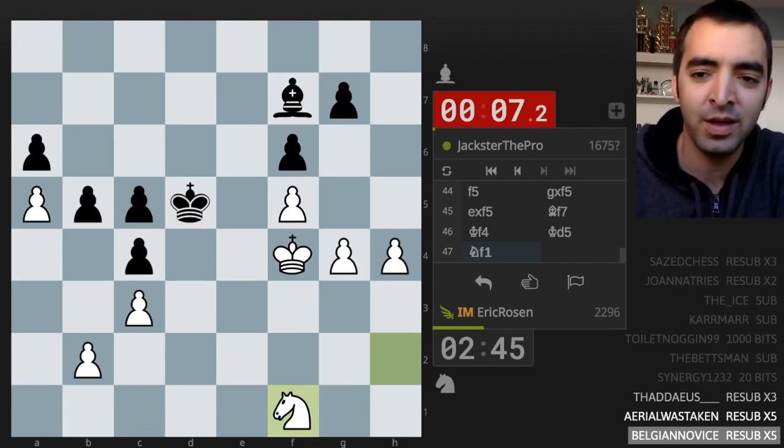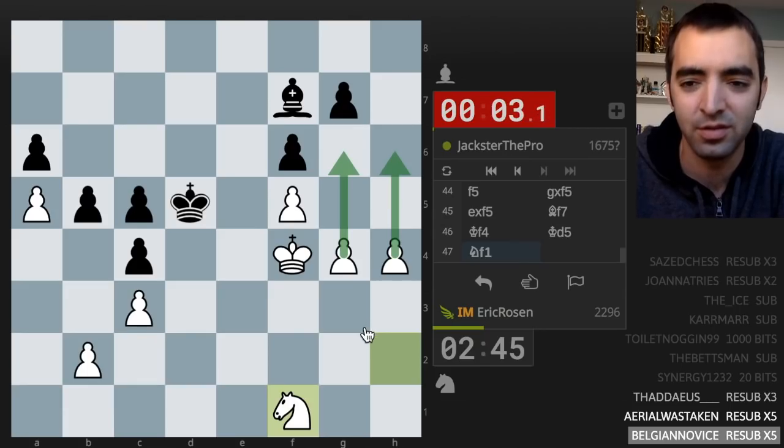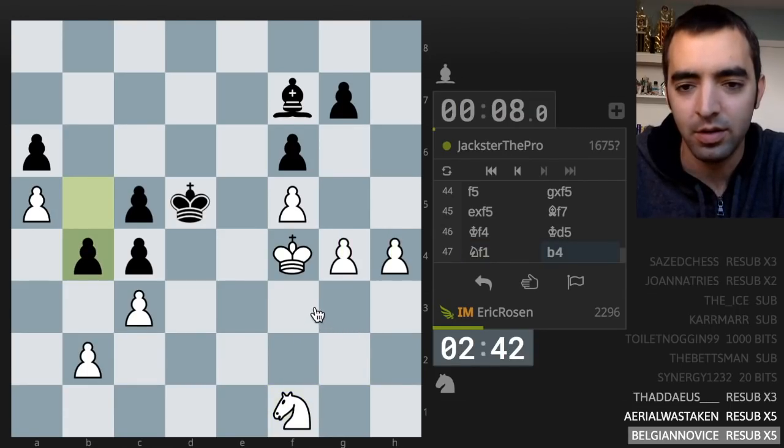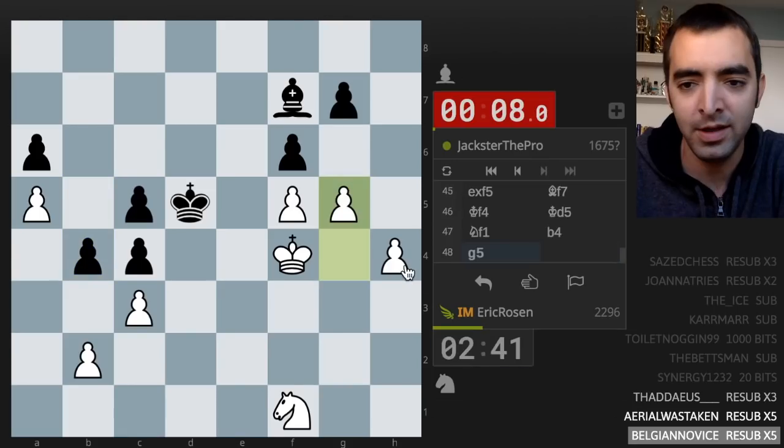Or maybe I'll just play like g5, g6, and then just push this pawn. Okay, so he wants to break through. Or even better, I can play...